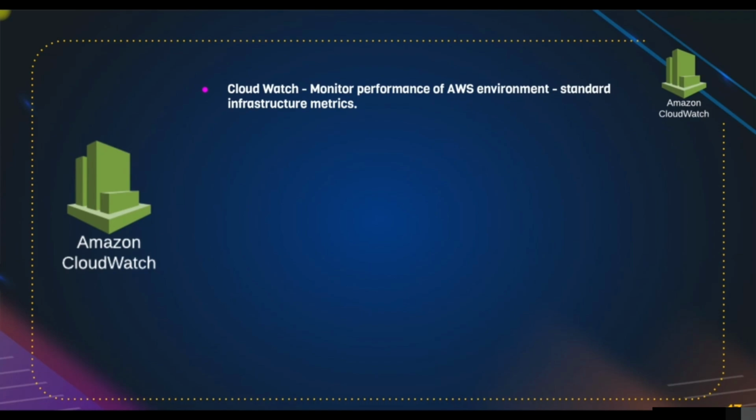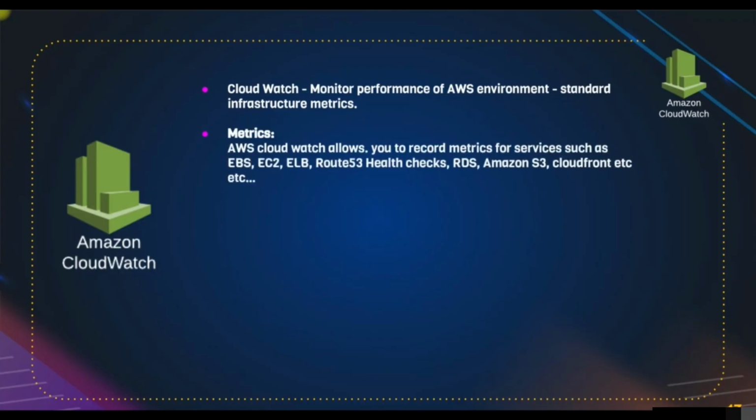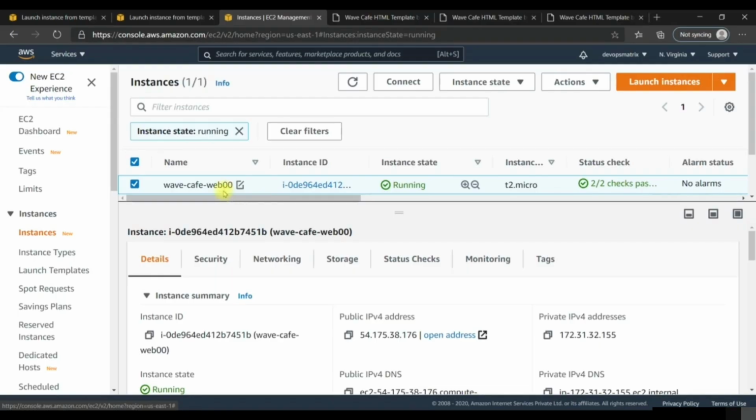If you want, you can make changes. You can add more metrics of your choice, which are called custom metrics also. And then on those metrics, you can set alarms, notifications. So metrics is the primary thing in CloudWatch. So if you use an EBS volume, you should see some metrics for the EBS volume. If you're using EC2, you should see some EC2 metrics.